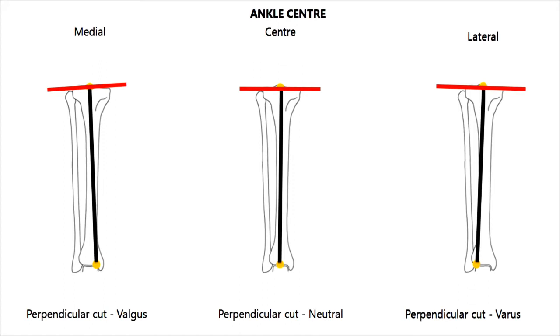If taken medially, it will lead to the axis being drawn from a more medial landmark, and hence the perpendicular cut to it will be in valgus. Conversely, if it is taken more laterally, it will lead to a varus cut. As the tibia is long, an average of 300 millimeters, errors up to 3 mm would not lead to any major distortion of the mechanical axis.